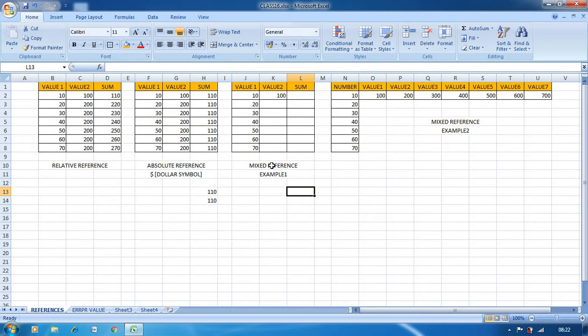So here what I have to do is I will use equal. Now I will add 10 plus 100. In the next cell I will add 20 plus 100, then 30 plus 100, 40 plus 100, 50 plus 100. So now I won't fix this one.